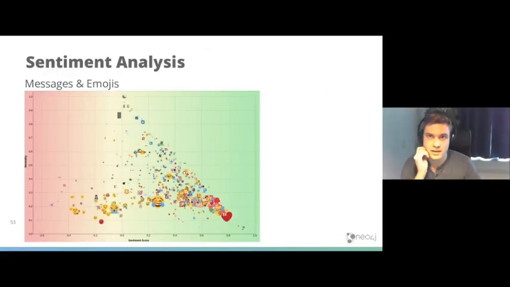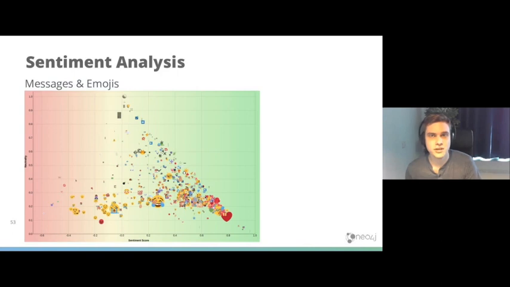Running low on time, but I'll quickly elaborate on how we did the sentiment analysis on the text as well as the emojis. For sentiment analysis in text, we used a Python library called TextBlob that will return a value between -1 and 1, depending on the sentiment, the happiness of a given sentence. The emoji sentiment is based on a research paper that we found where they analyzed a large number of documents online and tried to correlate the emoji being used with the sentiment value.